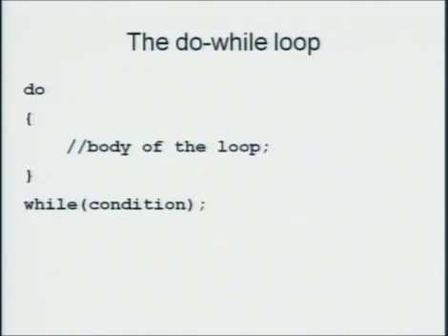The second one is the do while loop. There is a property of the while loop. It's called a pre-test loop. So before